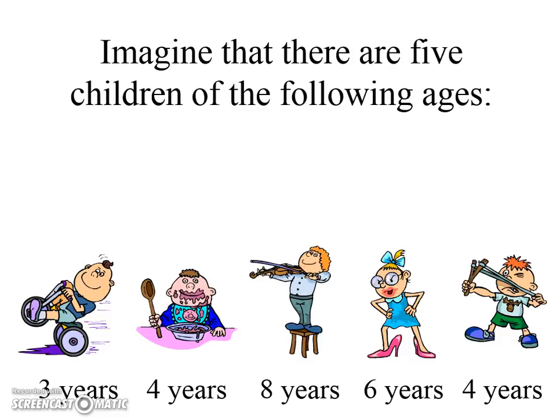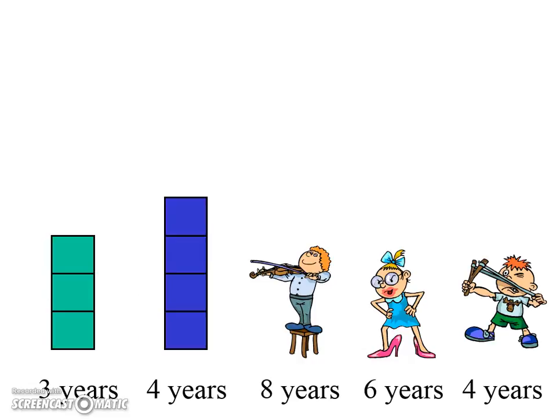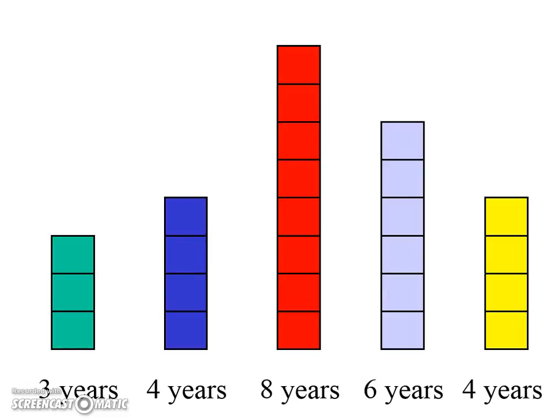So let's start by imagining that there are 5 children of these following ages, 3, 4, 8, 6, and 4. And each child can be represented as a tower for their age. So 3, 4, 8, 6, and 4. All right, so